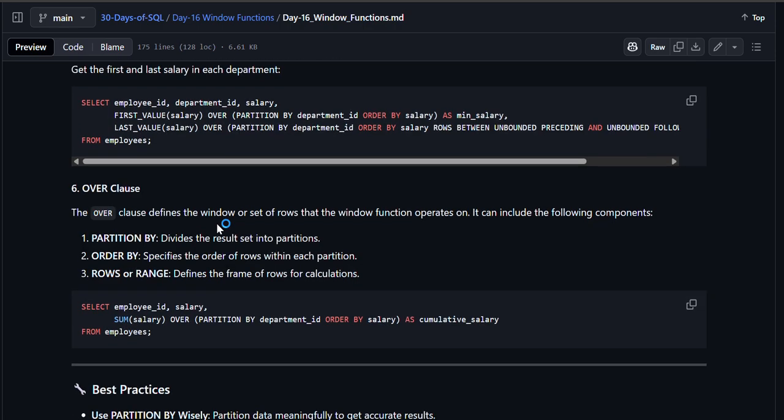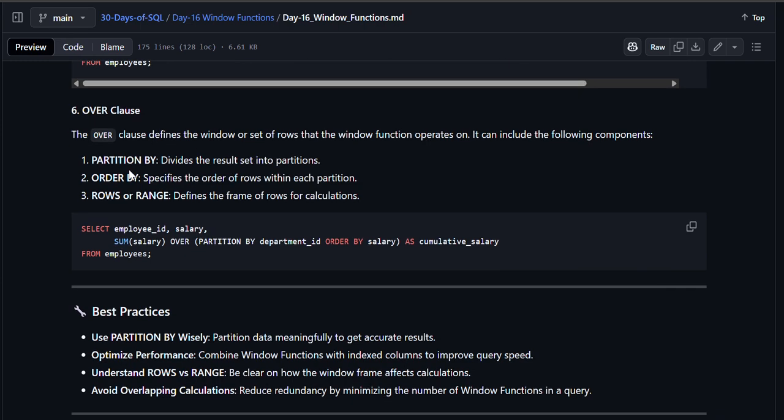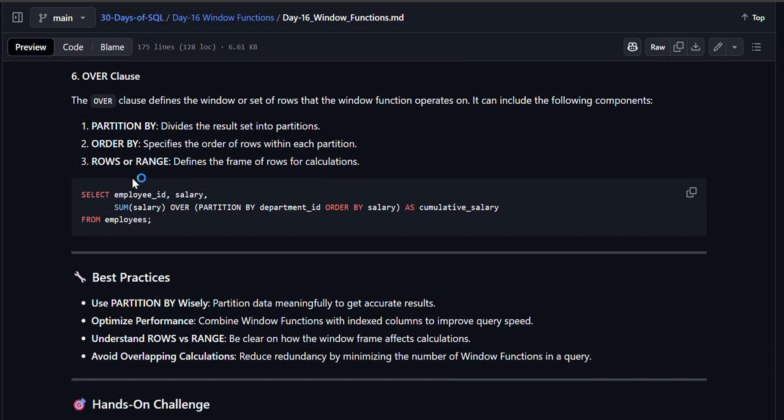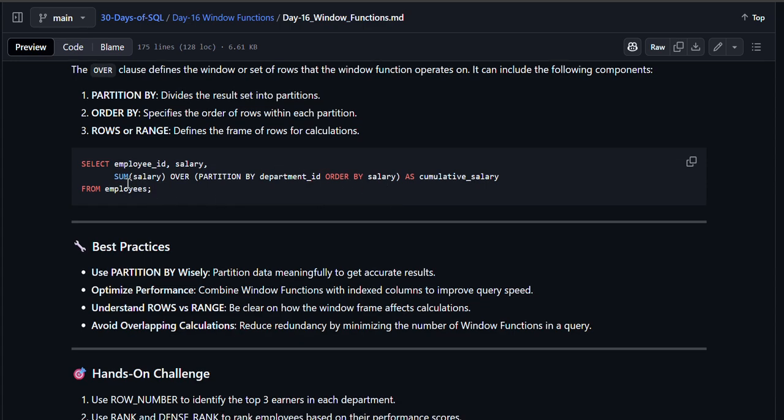from employees. You have an OVER clause, and this defines the window, or set of rows, that the window function operates on. It can include the following components. PARTITION BY divides the results into partitions. ORDER BY specifies the order of rows within each partition. ROWS or RANGE defines the frame of rows for each calculation. SELECT employee_id, salary, SUM(salary) OVER (PARTITION BY department_id ORDER BY salary) AS this,